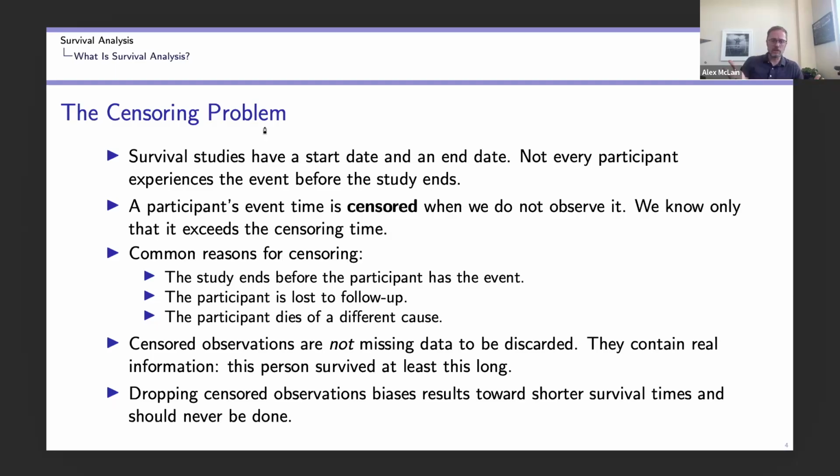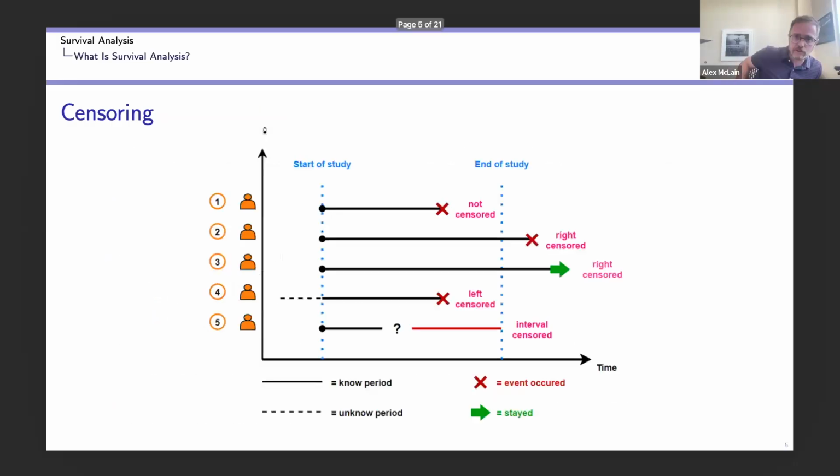We can't just get rid of that information. So this is probably the main differentiator between survival analysis and the other outcomes that we've gone over: this censoring issue that we have. If we were to drop these, we would have biases in our analysis, and we'll go through that issue. So this is a graphical look at all the different ways that censoring